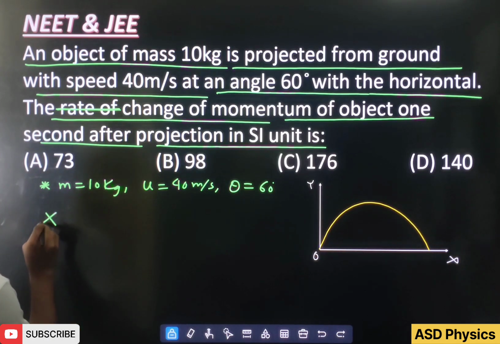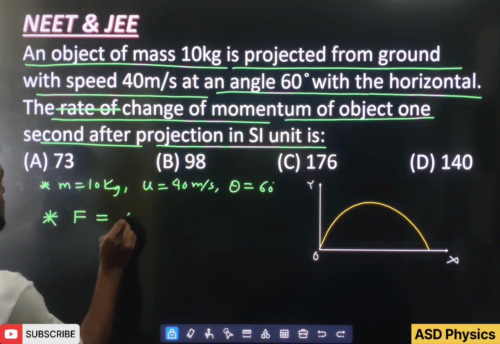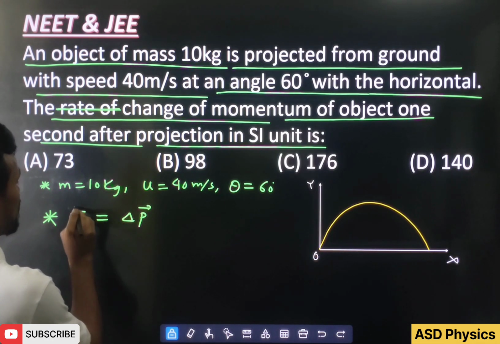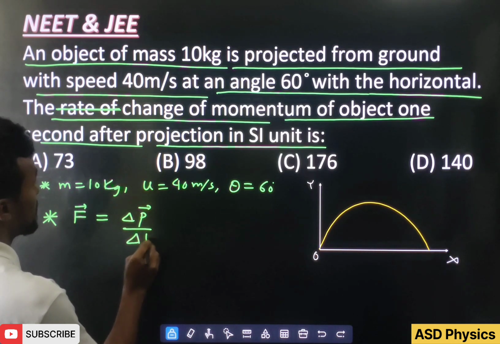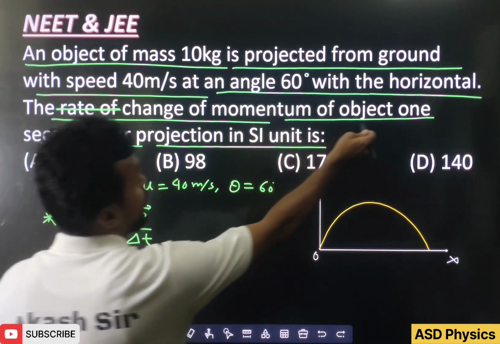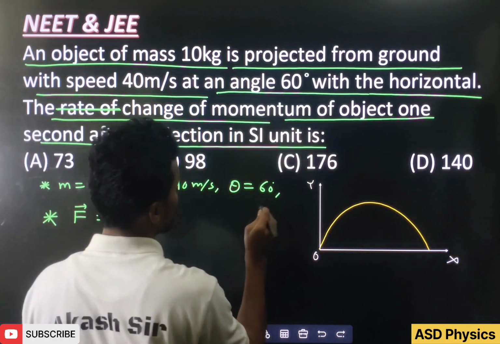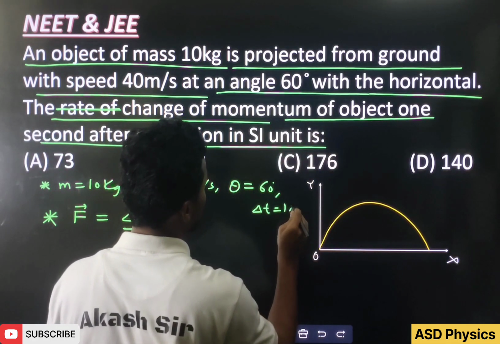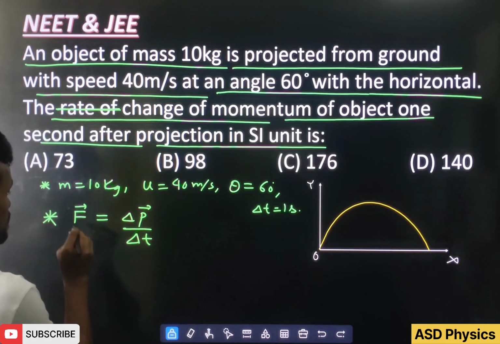Remember, you know the formula: force is given by rate of change of momentum, F equals delta P by delta T. Here they are asking after how much time? They are asking about the object 1 second after. That means the time interval given here is 1 second. If I take the magnitude also,